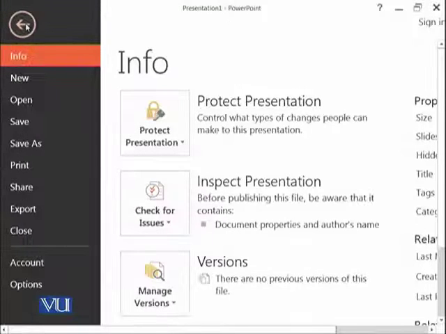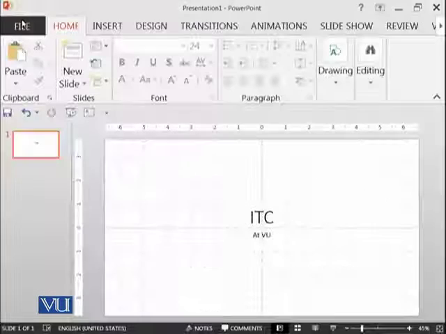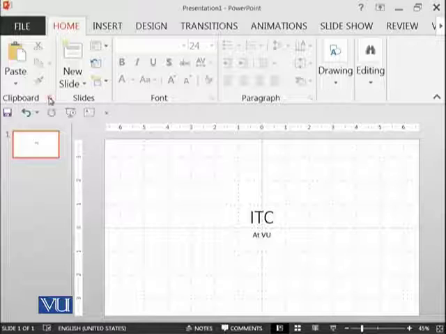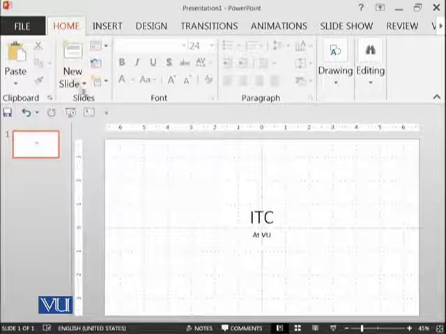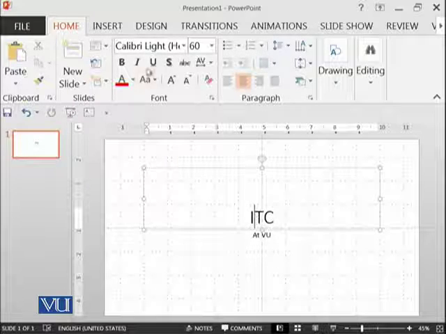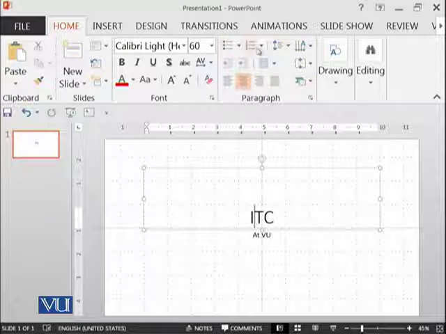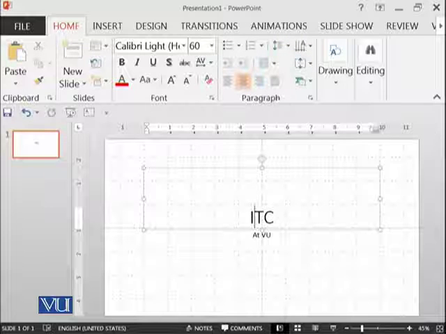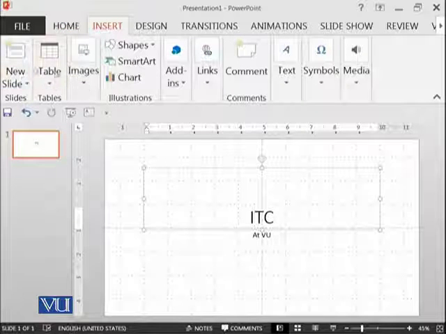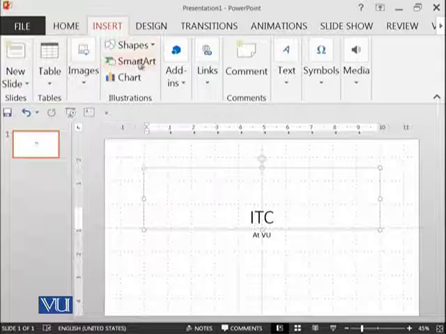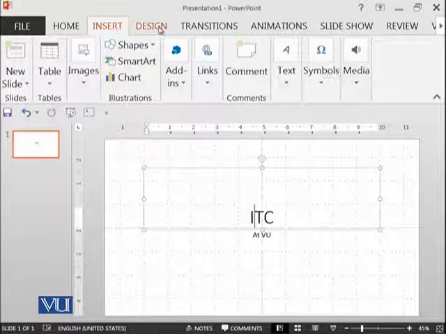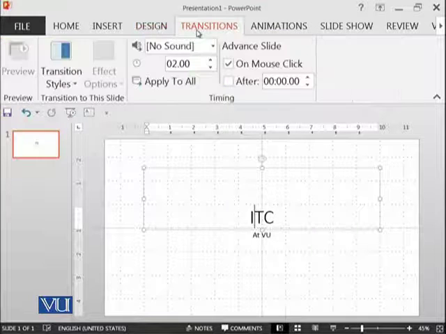See, in the File menu, all of the options are the same as in Microsoft Word, more or less. Then in Home, you can see the clipboard. The slide group is new, but font is the same. For example, if you click on it, this we have learned in Microsoft Word. This paragraph group we have learned in Microsoft Word. You have seen the bullets and numbering and spacing, etc. Then drawing and editing is a little bit different. Then in Insert we have tables, images, shapes, SmartArt, charts.